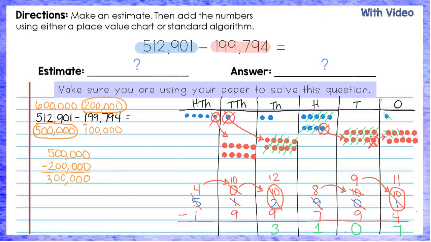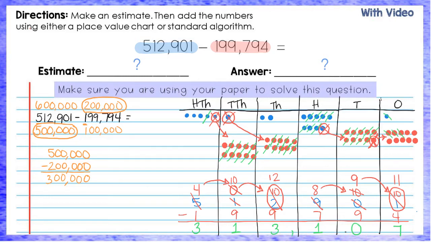10, we can now take away 9. 1, 2, 3, 4, 5, 6, 7, 8, 9. And we're left with 1 10,000. 4 minus 1, we can take away 100,000, and we're left with 300,000. Is our answer